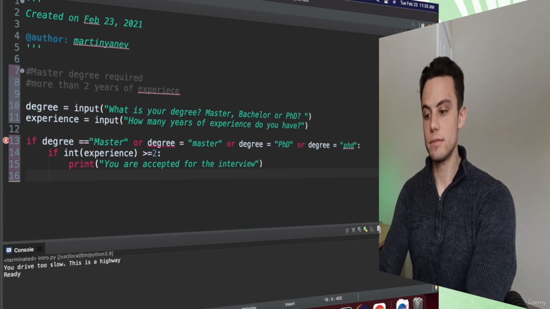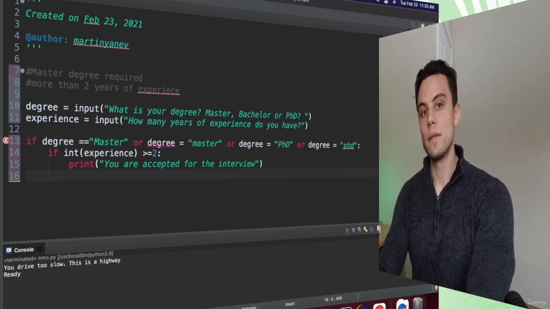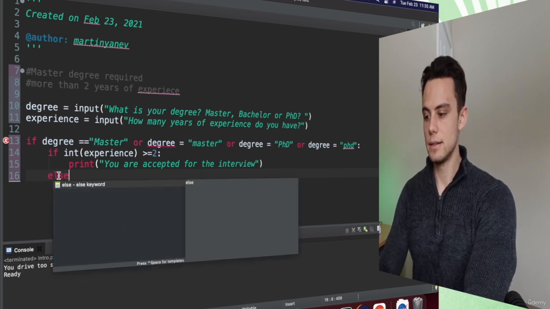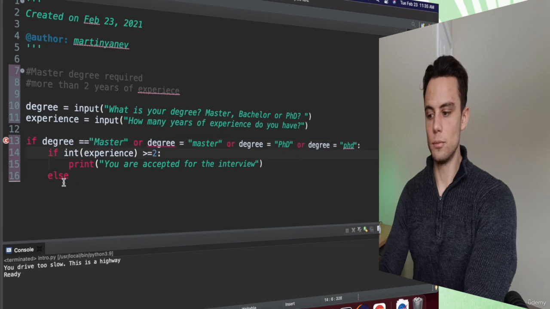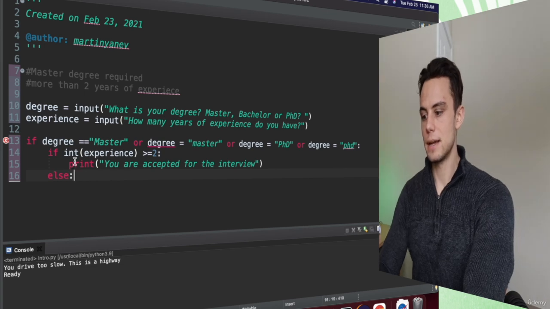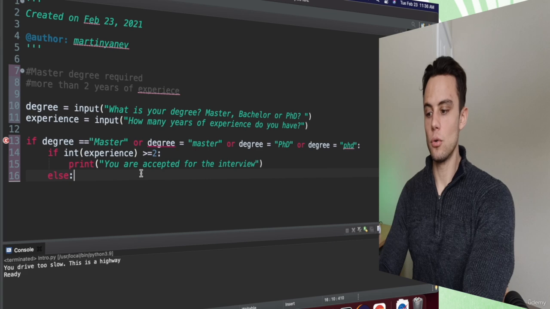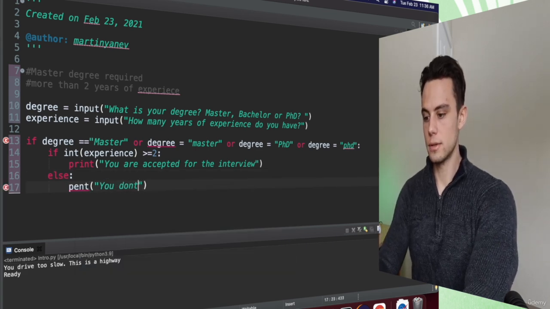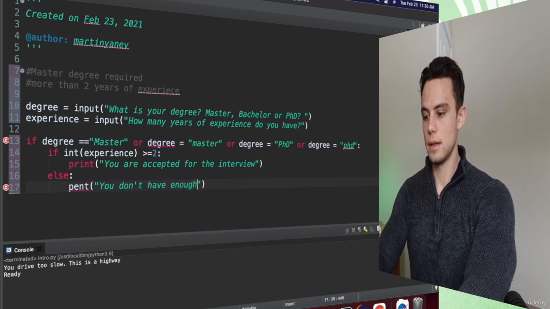Now we have the best case scenario and we did it properly, but now we need to say what's going to happen if the candidate don't have one of these conditions, right? So let's write here else, and here this else is for the second if loop, right? Because it's in the inner indentation level. So else, which means that our candidate don't have experience higher or equal to 2 years. So else print you don't have enough